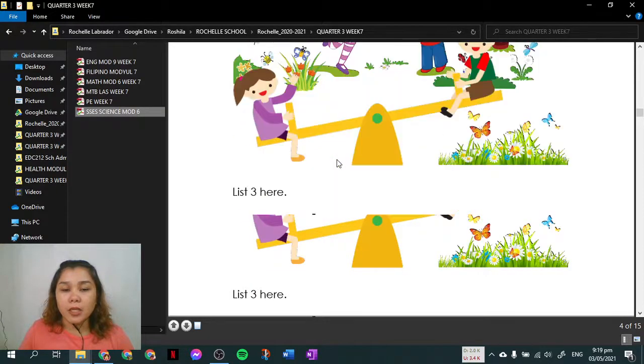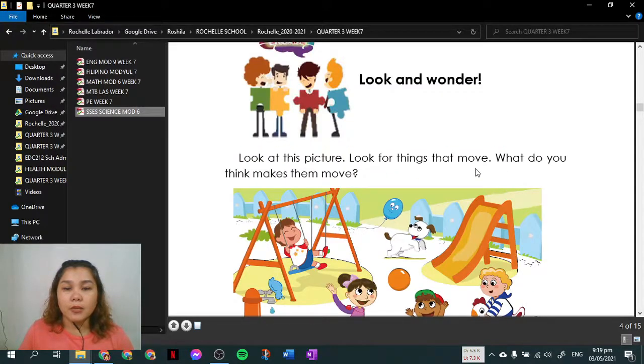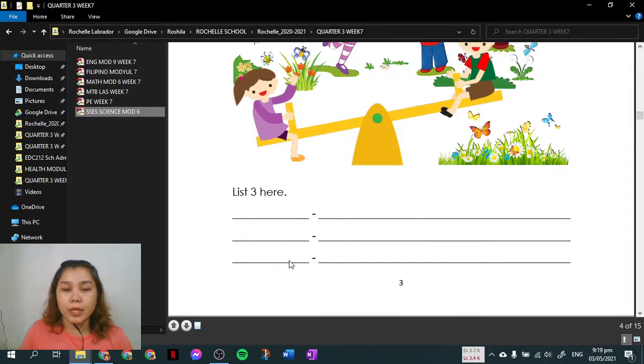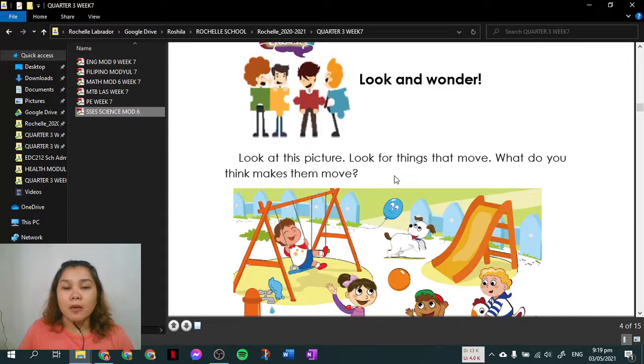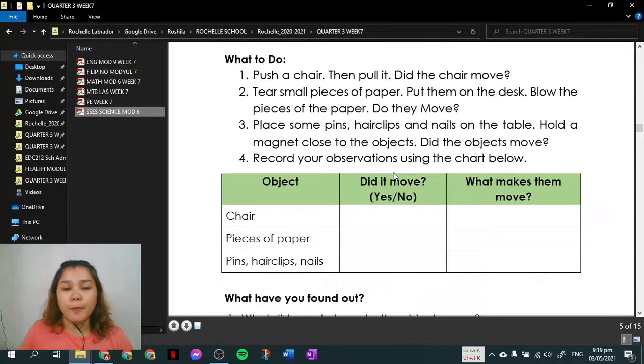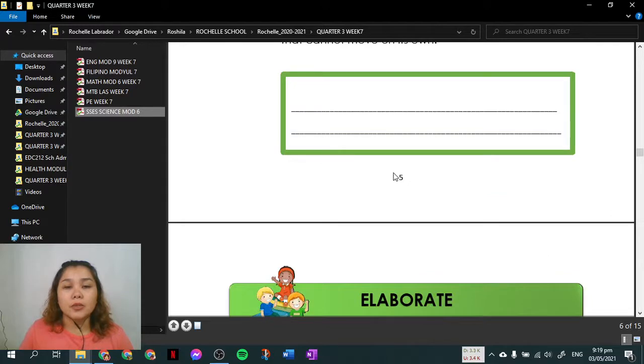an activity, engage. So you have to list down here the things that move and what makes them move. The shorter blank is for the things that move, and the longer line is for the answer to the question, what do you think makes them move? And then explore with activity 1.1,